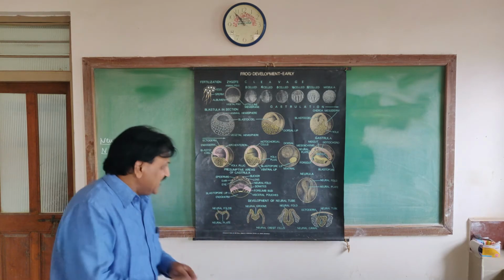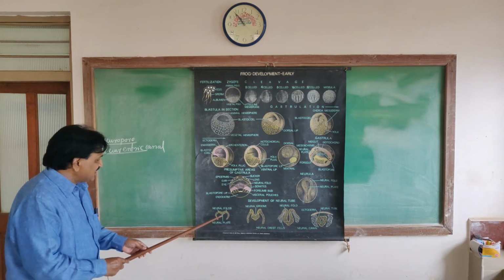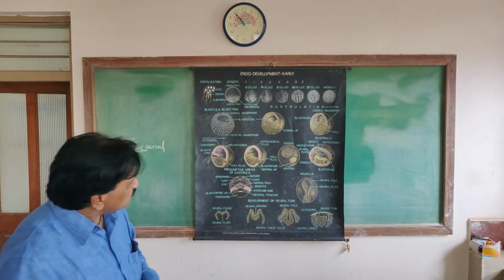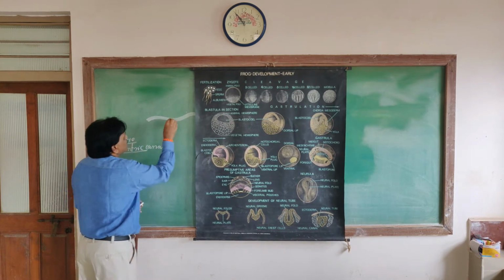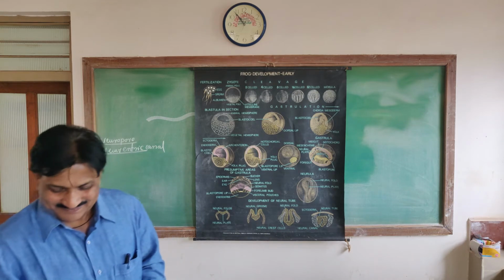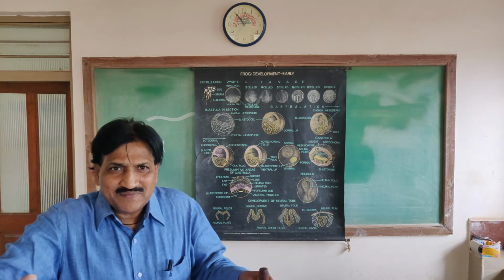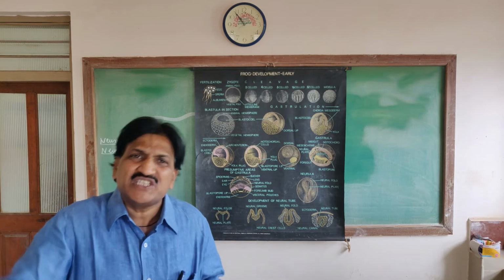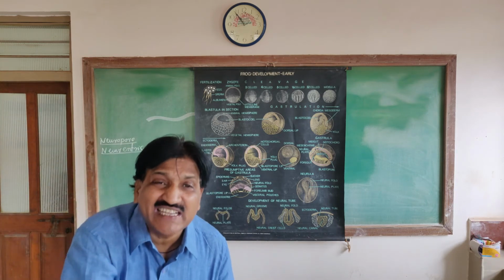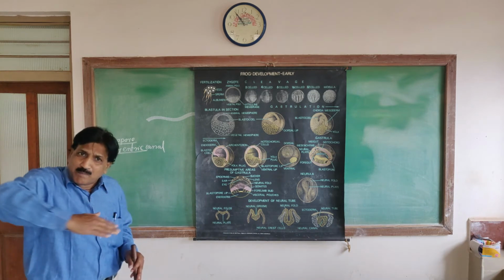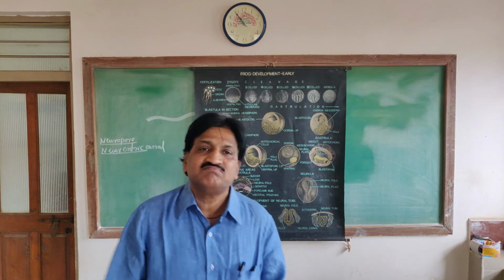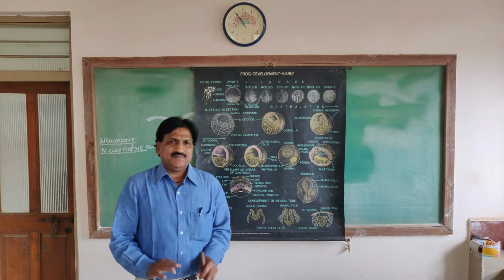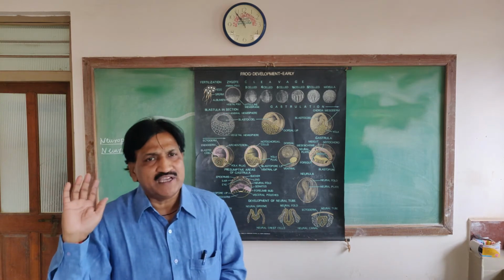Okay, now this neuroectoderm undergoes thickening to form a kind of plate, and that plate is called the neural plate. I will show the neural plate. Okay, this is called the neural plate. The neuroectoderm, a presumptive material present on the mid-dorsal side, undergoes thickening to form a plate. That plate is called the neural plate or medullary plate. We can use either neural plate or medullary plate.